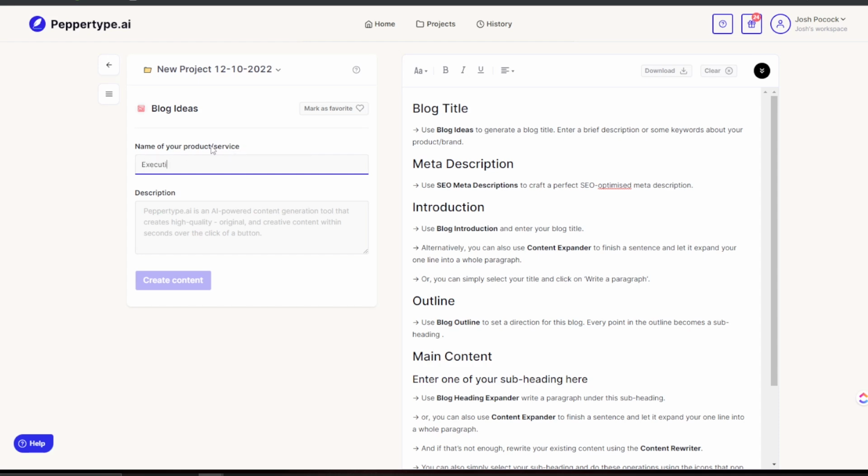Executive Stride. Description: Executive Stride helps coaches, consultants, course creators, and marketing agencies accelerate their stride with proven business growth strategies and earn solution or prospecting, sales,